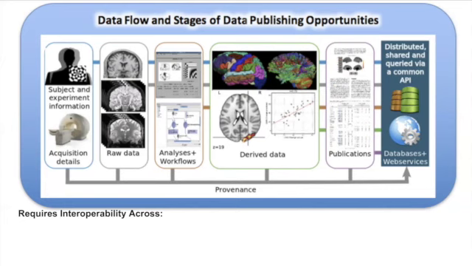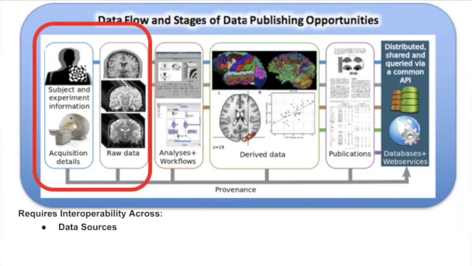We start from the left side, the acquisition itself, and there's a particular set of subjects, a particular set of interventions you do to them, and a particular set of data that comes out of that operation. Well, one, that's a publication opportunity, and two, characterizing that precisely is important, that when you go to share that or try to pool that with other things, we need to know exactly what was acquired.